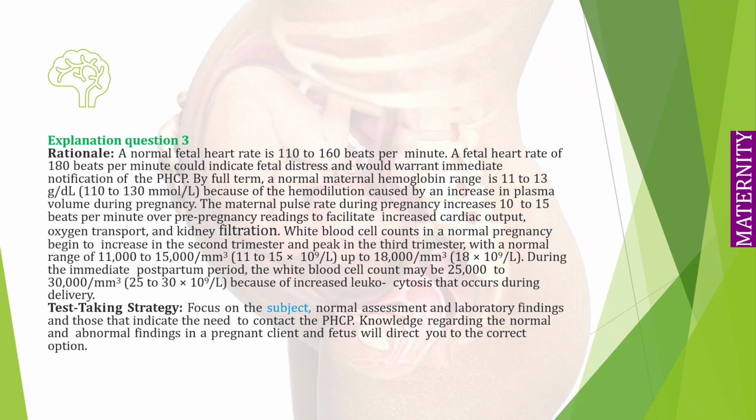The maternal pulse rate during pregnancy increases 10 to 15 beats per minute over pre-pregnancy readings to facilitate increased cardiac output, oxygen transport, and kidney filtration. White blood cell counts in a normal pregnancy begin to increase in the second trimester and peak in the third trimester, with a normal range of 11,000 to 15,000/mm3, 11 to 15 times 10^9/L, up to